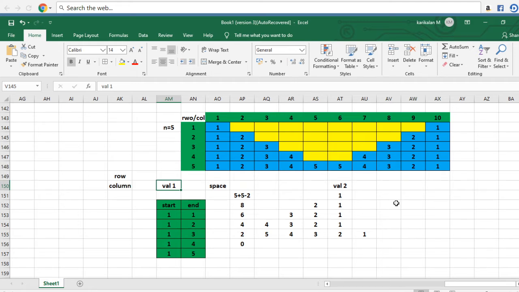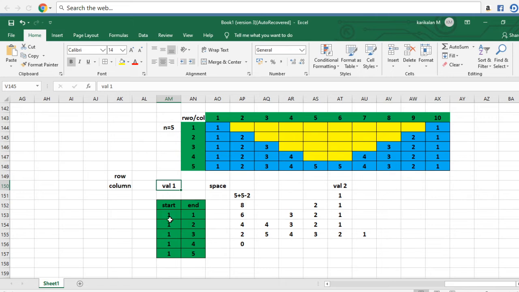Yeah, I'm going to explain to you again. So we are going to print a number first, then we are going to print space, then we are going to print a number again. So that's why I'm going to take value 1, space, value 2, 3 loops. In my column, we have 3 loops. In my row, only 1 loop. But if you take a column, we have to provide 3 loops. Value 1, so we have to provide 1 loop for value 1. Then we have to provide another loop for space. Then we have to provide another loop for value 2.